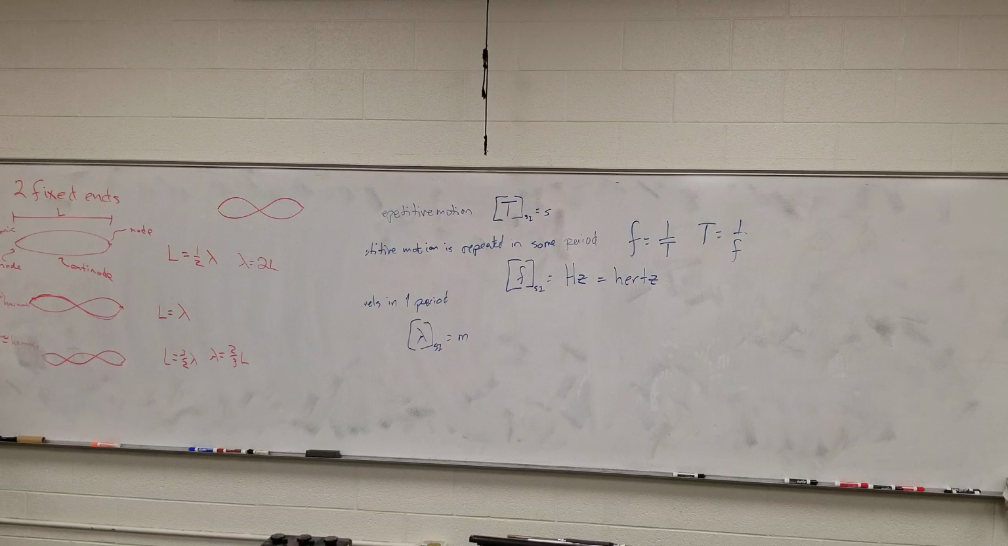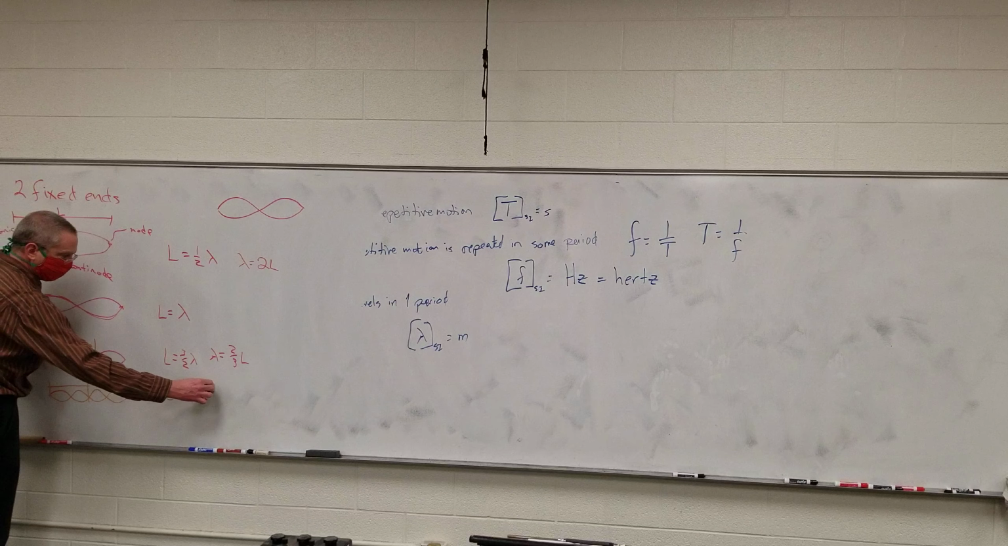So the fourth harmonic would be how many waves? And what would the wavelength be in terms of the length? 2. So if you think of a wavelength as just the distance from here to here, that's 2/3 of the whole length in the third harmonic. Or in the case of the fourth harmonic, it'd be half of it. So L is equal to 2 times the wavelength, or the wavelength is